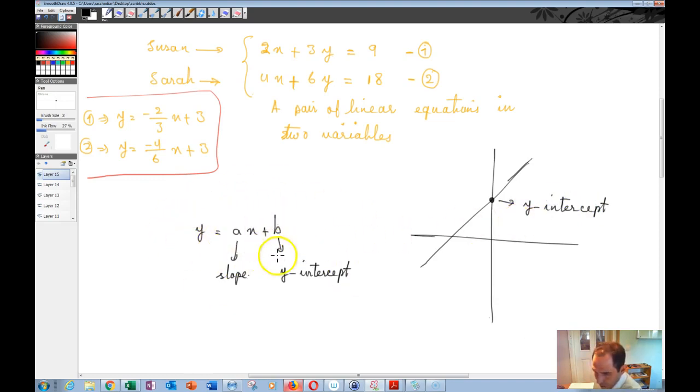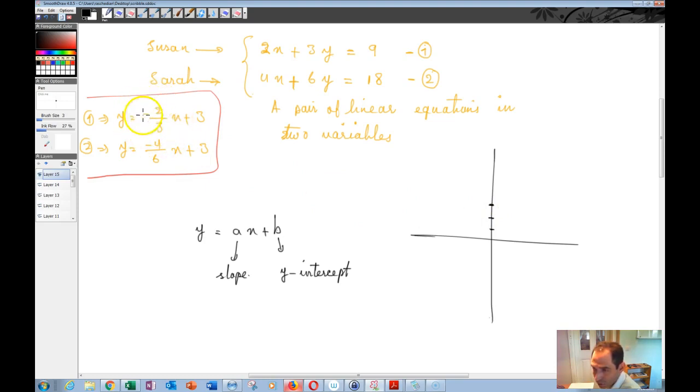And if you write your lines in this form, y is equal to ax plus b, then this constant is going to be your y-intercept. This number over here is going to be your slope. Okay. So what that means again is that when you want to draw a line, if you're not doing it on graph paper and you don't want it to be very accurate, you can do it quickly by noting the y-intercept over here, which is equal to 3, for example, here 1, 2, and 3, and your